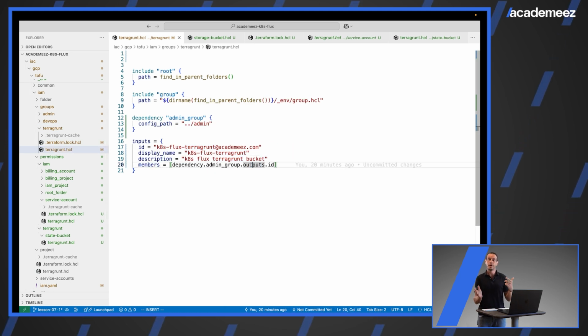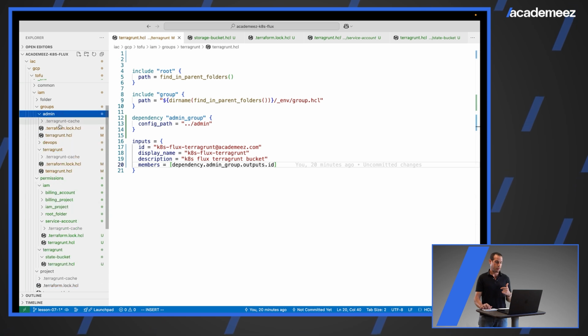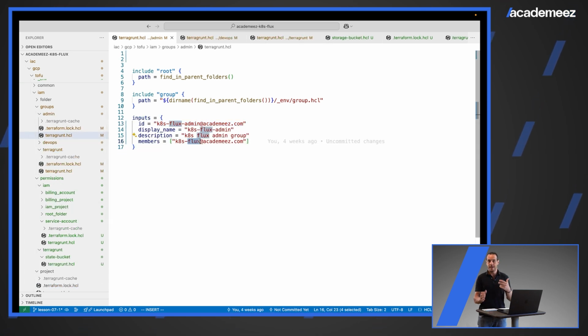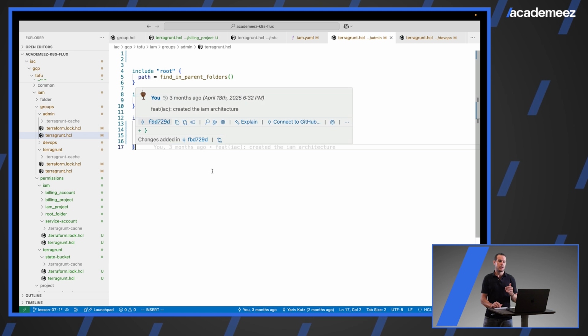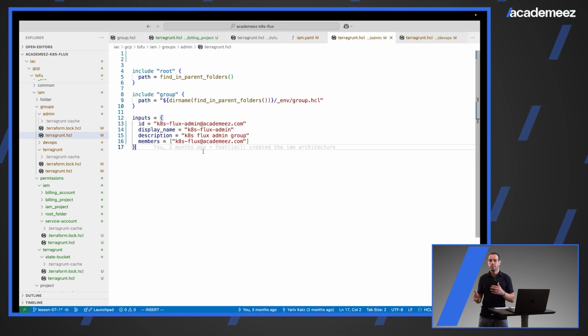So basically in the admin group, I also have the member Kubernetes Flux that has no permission that I'm trying to run the code with. So basically I'm giving this member here the role of allowing him to access the Terragrunt state bucket. Great, so we managed to give the proper permission for the Terragrunt group to access the Terragrunt state bucket. And we also placed the admin group to be included in the Terragrunt group. So this means everyone in the admin group has permission to access the Terragrunt state bucket,